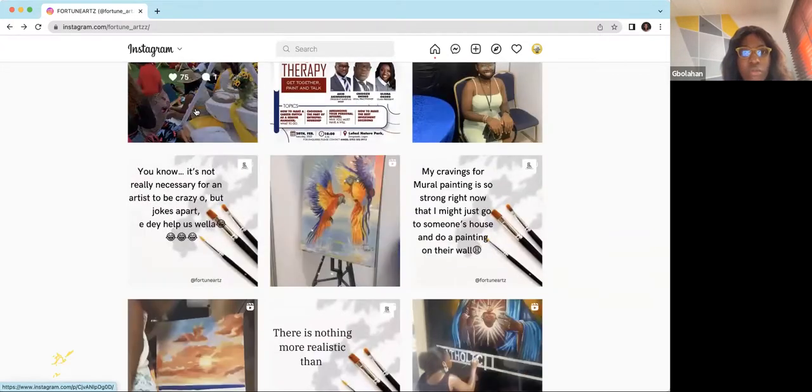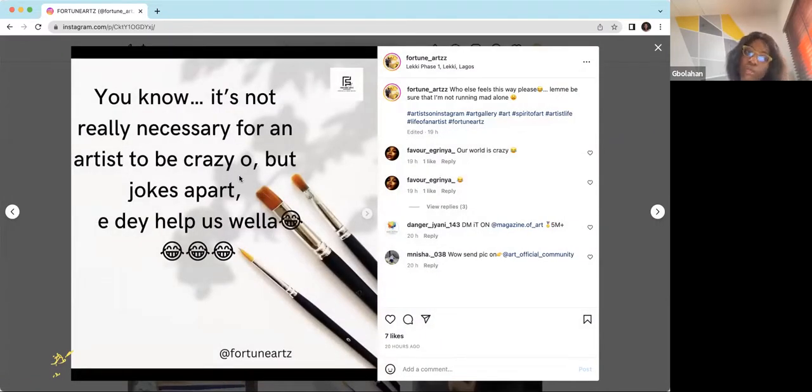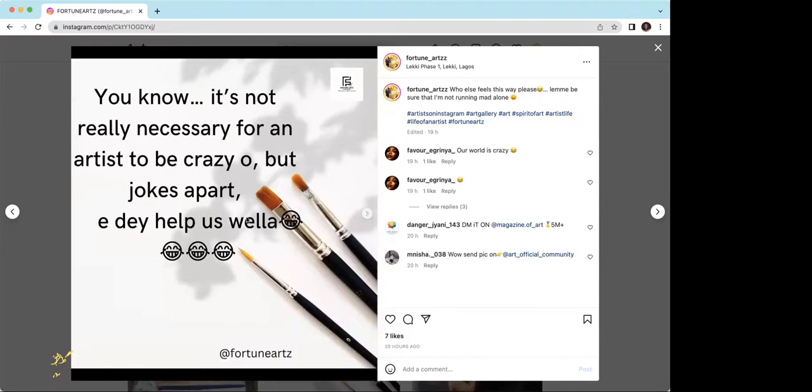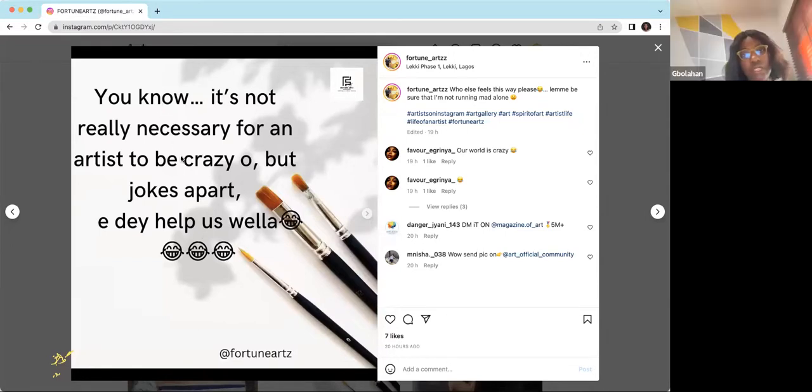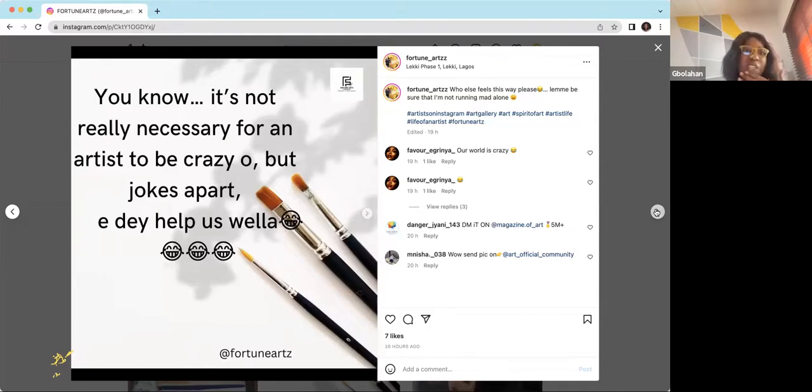Yes, so I like the fact that your brand colors are showing in most of the pictures, but it's not showing in your graphics. You also need to work on that. Your logo should be transparent whenever you're using it for your graphics design. And then make sure that your text is not covering, like now this painting thing, the paintbrush should stand alone and then make your text smaller. You understand? You don't need to be a graphics designer too, but you have to make sure that everything is properly arranged, is uniform. That's the word.